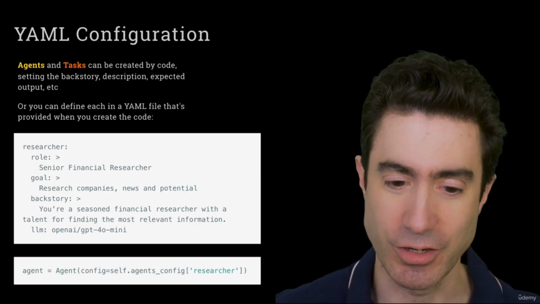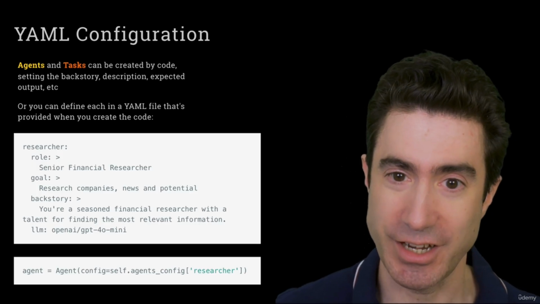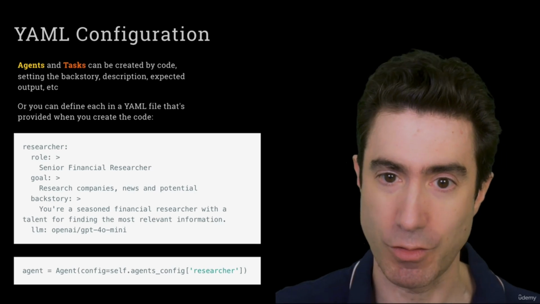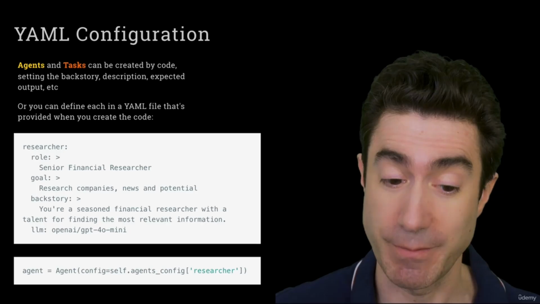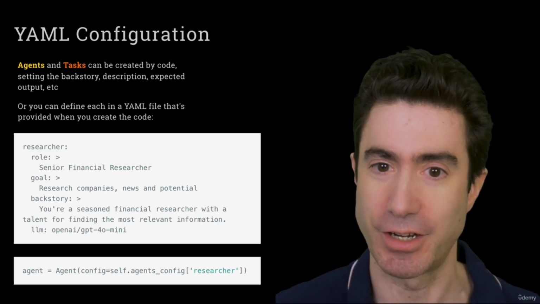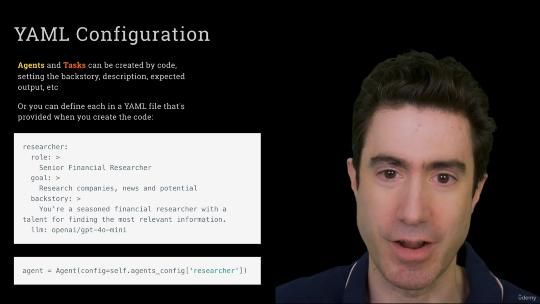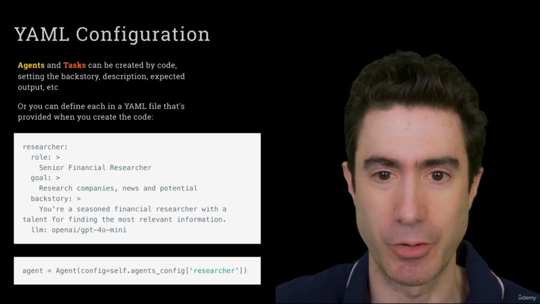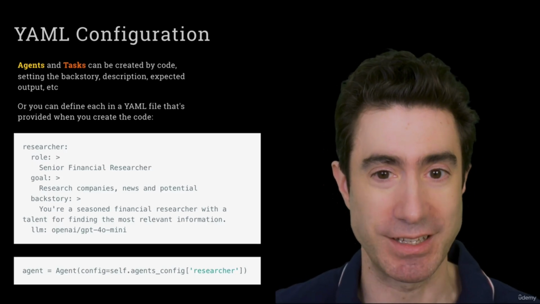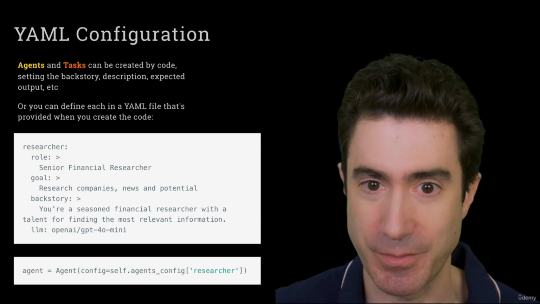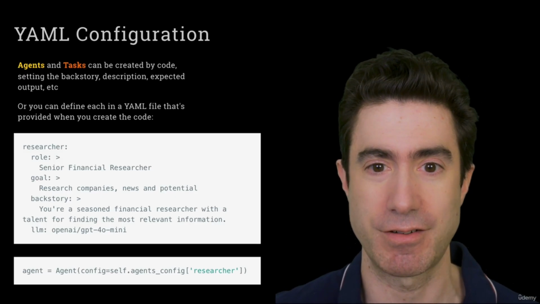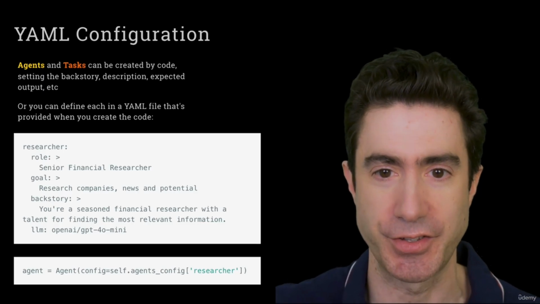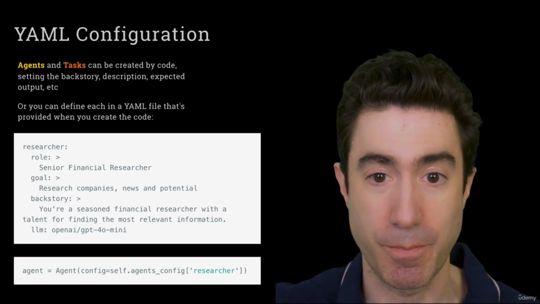In your code, you can then create something like an agent, and instead of specifying all of the fields of an agent, like the role, goal, backstory, you can just simply select the configuration as it shows in this code right here, and they will all be populated for you. So I like it because it's lightweight. It's not like there's magic happening behind the scenes. You clearly refer to the config right there. It's clear what's going on, and it has this nice separation of concerns,